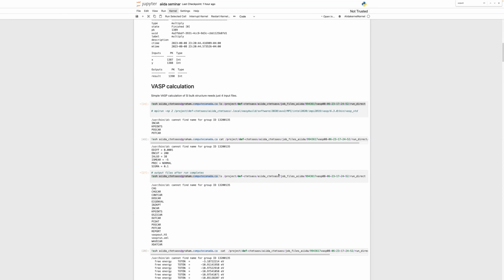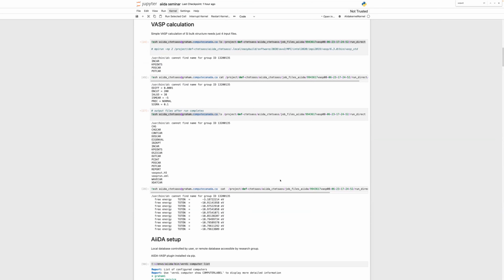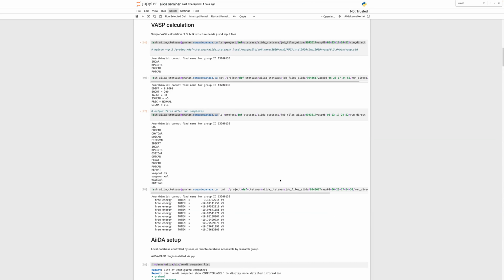Okay, so making things somewhat more complex, let's now look at a very specific calculation of using VASP. So this will be a real quantum chemistry calculation on a very simple system, which I will first do without AiiDA, just to show you what is involved, and then I will do it within AiiDA using the AiiDA plugin. So, I'm going to be using one of the standard examples for VASP,